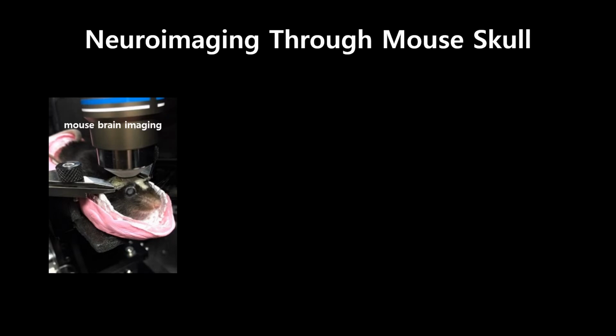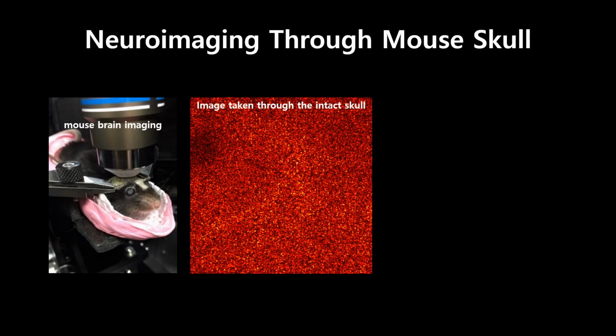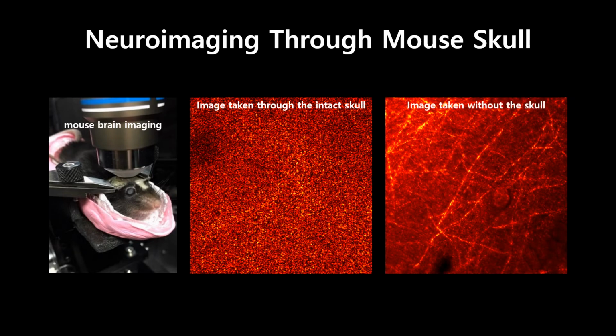Non-invasive imaging of the living mouse brain through the intact skull is an ideal, but challenging application in neuroscience research. A heterogeneous skull bone structure induces complex aberrations and severe multiple light scattering, and thus, without opening the skull, you cannot see the fine structures of neural systems like the image in the middle. Thus, the existing imaging technique necessitates that the skull be either removed or thinned to microscopically analyze the neural